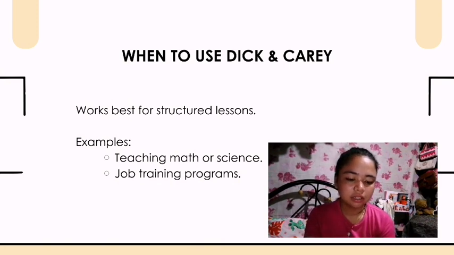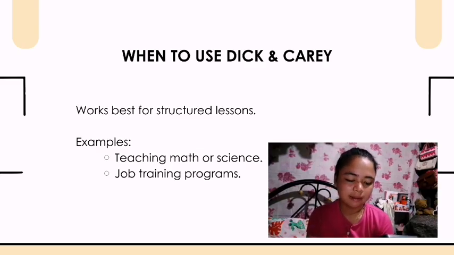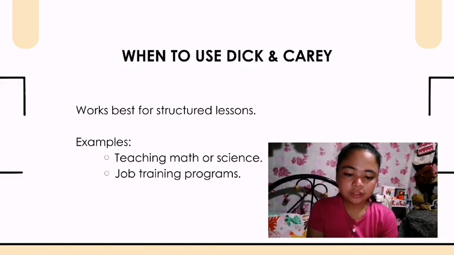The Dick and Carey model is a systematic approach to instructional design that is particularly well suited for structured learning environments like teaching math or science as well as job training programs. Here's how this field aligns with the model's principles. First, clear performance objectives. In math or science, teachers define specific learning outcomes such as solve quadratic equations or explain photosynthesis, while in job training, trainers outline clear performance standards such as operate a specific machine or